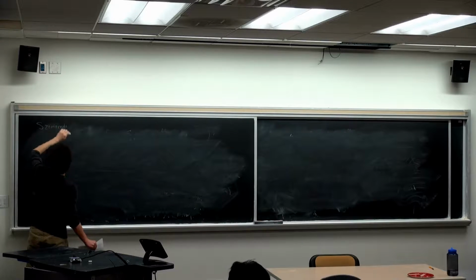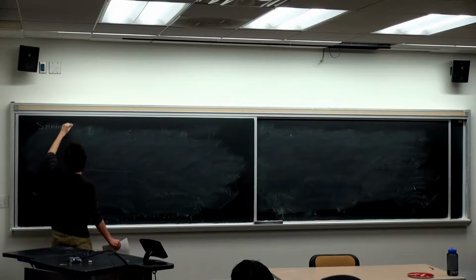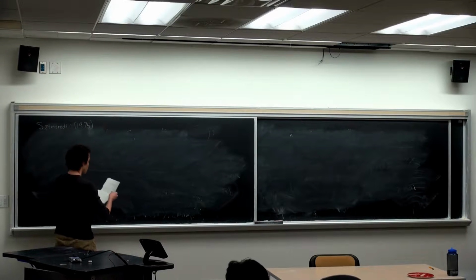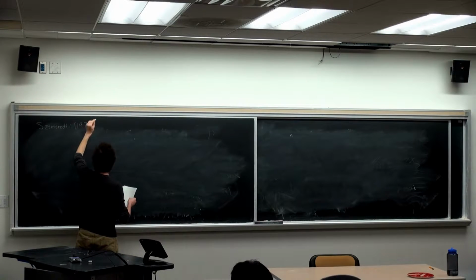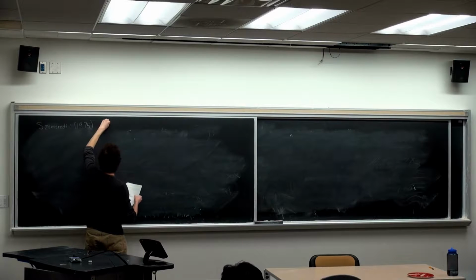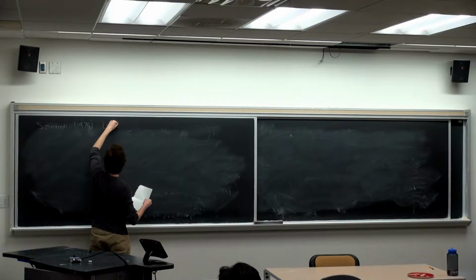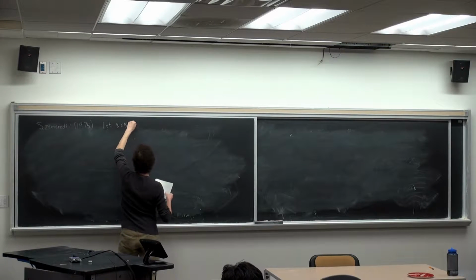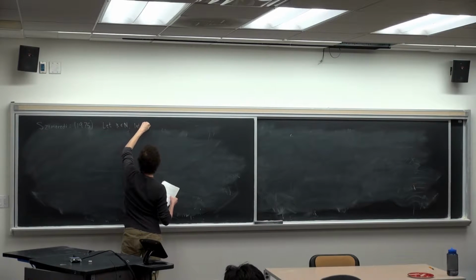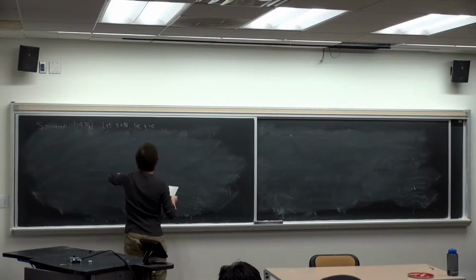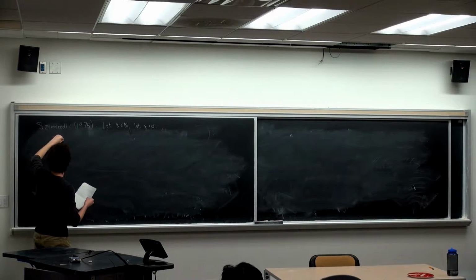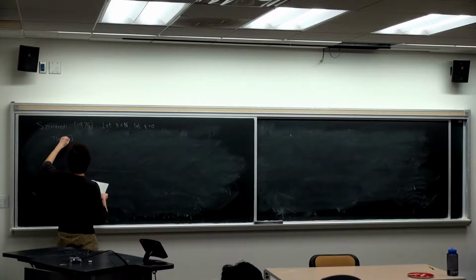And I'm definitely missing some accents or something. But in 1975, he proved the following theorem. Let k be a natural number. Let epsilon be greater than 0. Then there is some